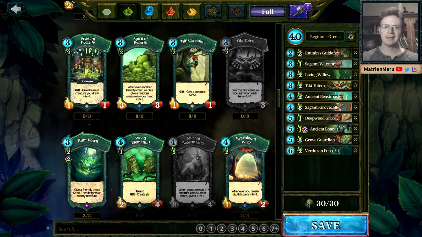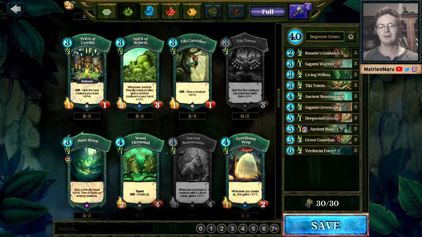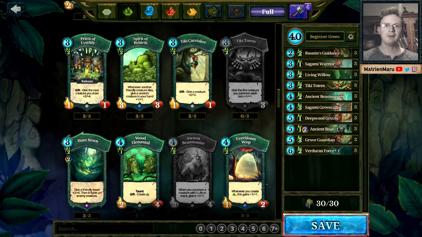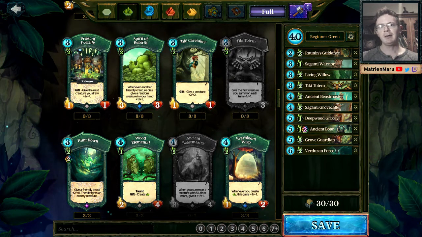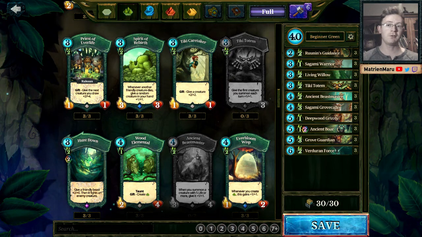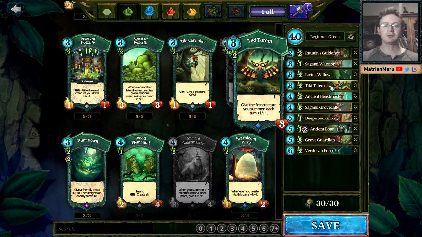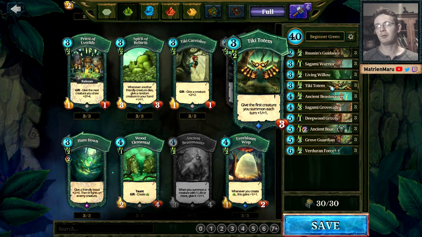Now there are many exceptions to this approach, especially when it comes to so-called tech choices like events, structures, and of course legends. For example, if I have a copy of the legendary green card, Runin the Relentless, I may want to fit her into this deck while removing one card. Since Tiki Totem is both a structure and my fun tech choice, I'd remove one copy to make room for